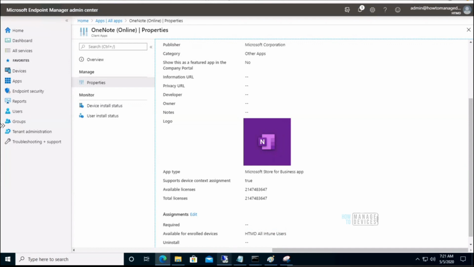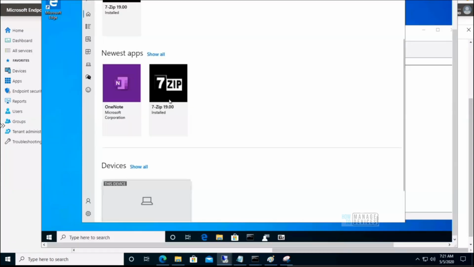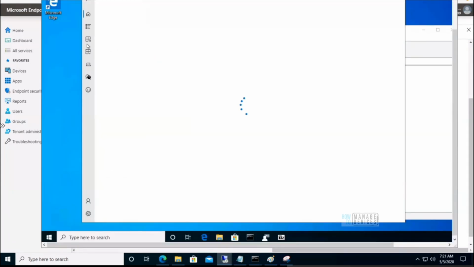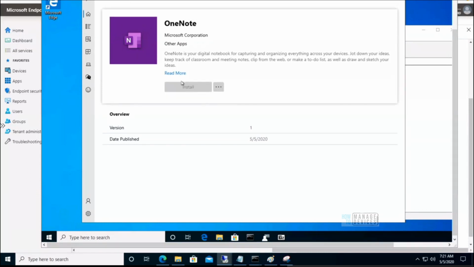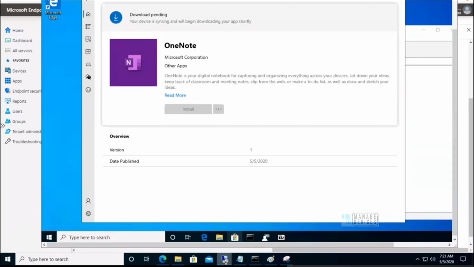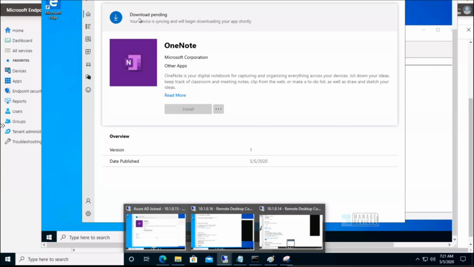So that is coming over here. You can install that if you want. It will show download pending, then downloading, and then the next stage, installing. After installing, this button will change to reinstall.